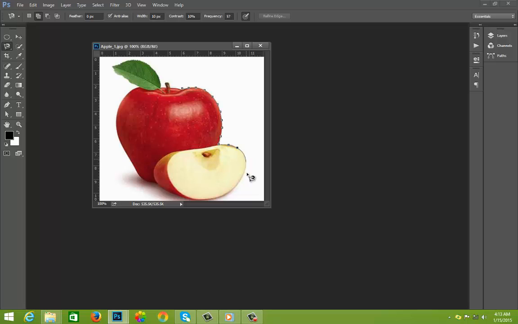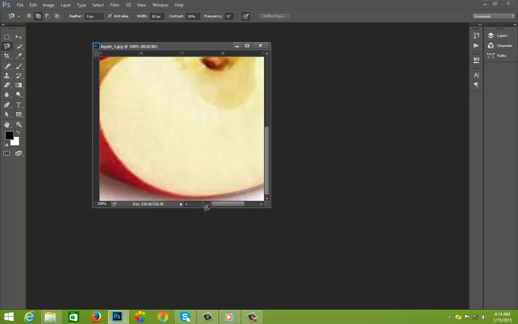You could also exercise further control on this tool by clicking in order to drop nodes and add to your area of selection. Suppose you select areas which need not be selected, you could simply use the backspace key to go backwards and undo the area and again begin selecting. Zoom helps in order to